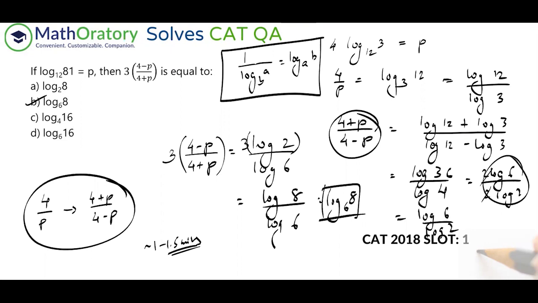That is also fine. But depending on your comfortability, you might solve this in round 1 or round 2. So either ways, it is fine. It's not a big problem. So initially, when you're reading this in the first scan, if you're not getting the idea directly, that how to relate this with this 4 minus p by 4 plus p, don't just directly substitute. That might be too much of calculation to do. So try to evaluate or understand that this is a componendo dividendo form. So that will definitely help you. So that's it for this question and its analysis. Hope you understood it.